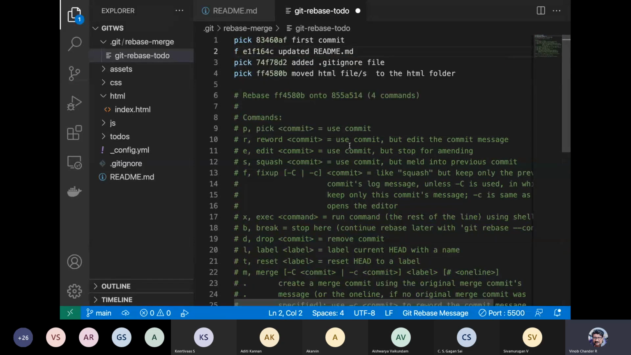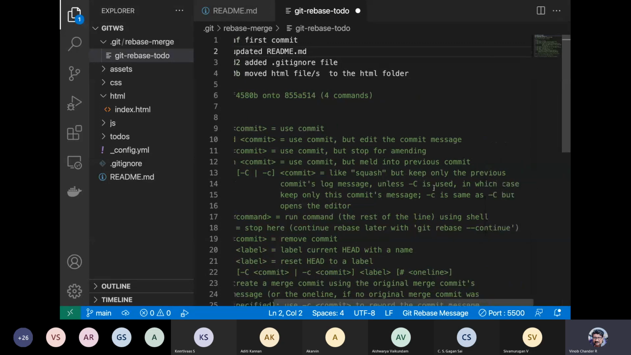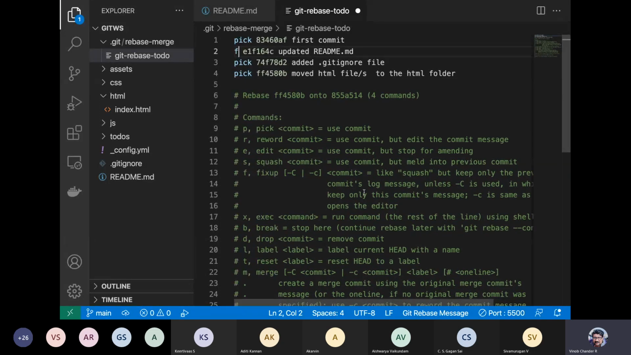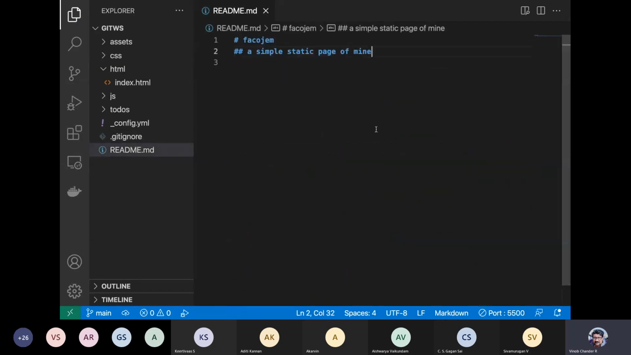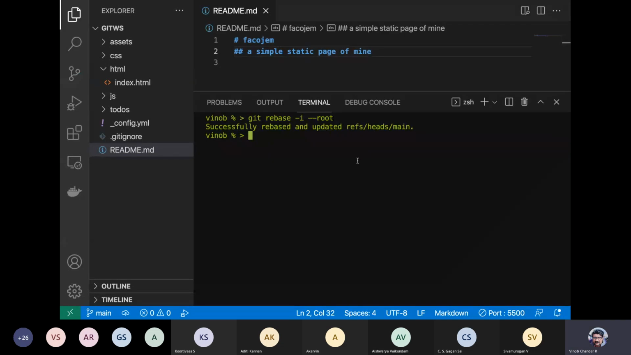If you do a fixup, it is like squash, but keeps the previous commit's log message. So it keeps the previous commit's log message, and this particular message is not available to you. Essentially, it is a part of the first commit, and that is what we want to do. So we can do an F, and then close this, and then open our terminal,